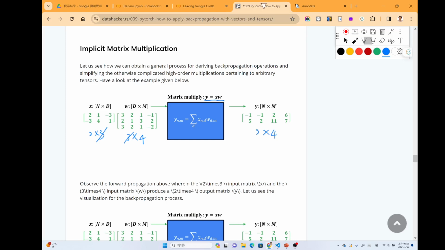So this is a matrix multiplication. By using the formula, we can write y by using x and w. That's the definition of matrix multiplication.